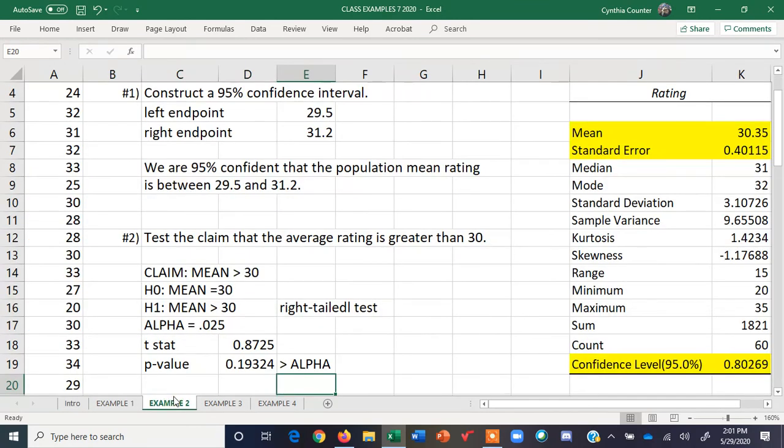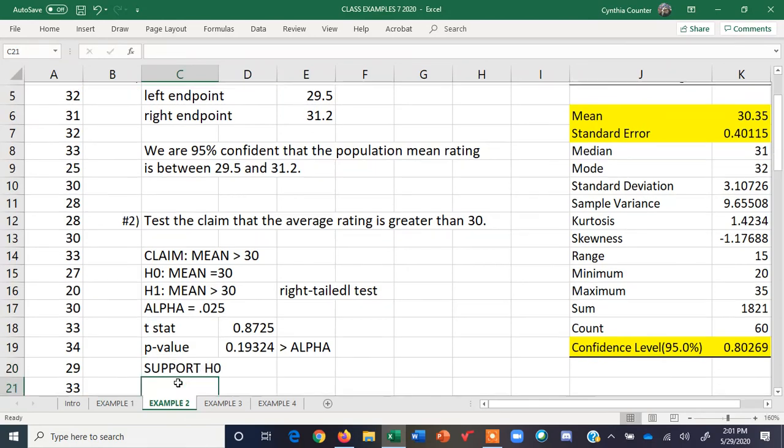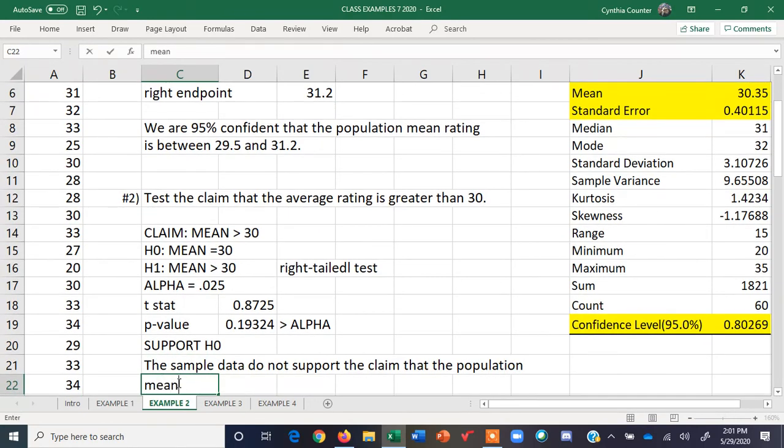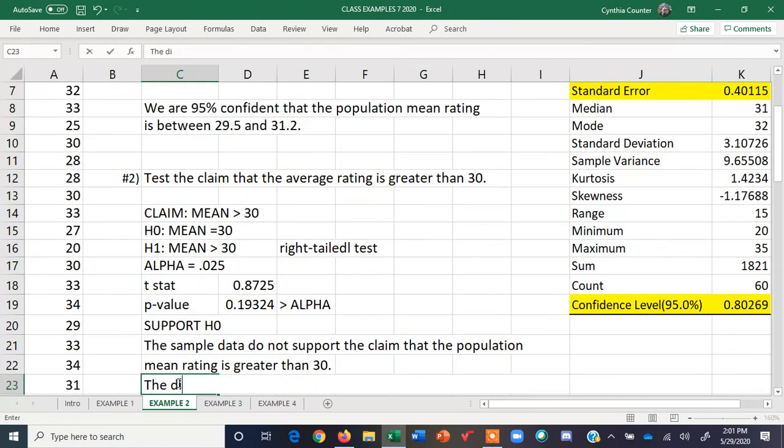So support the null hypothesis, and the sample data do not support the claim that the population mean rating is greater than 30. That means that the difference between the sample mean of